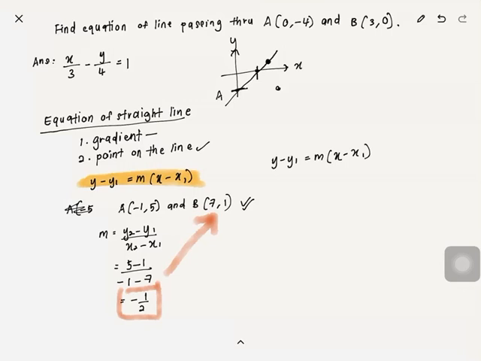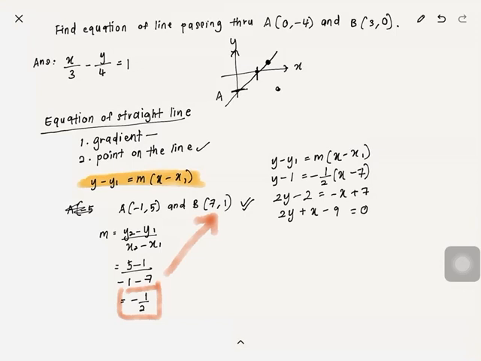So you'll have y minus 1, equals -1 over 2 times (x minus 7). Once you solve this, you will get 2y plus x minus 9 equals 0. You can present your answer this way. It's in the general